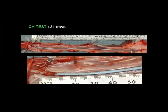Now here's the gross pathology in comparison. Here's an example of a test catheter at 31 days. You'll notice that there is no thrombosis or clotting in the vessel wall. We only have a small amount of fibrin sheath, about 1 centimeter long, at the insertion site. Compare that then,